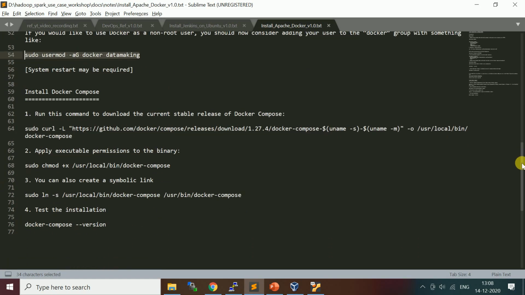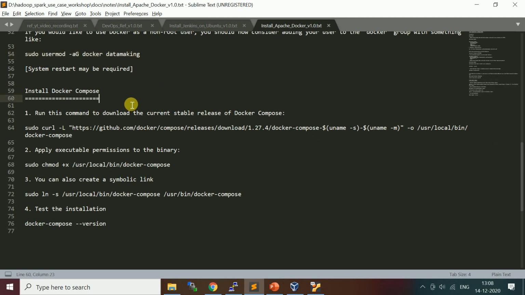So you also want to install Docker Compose. Docker Compose is a utility to manage multi-containerized applications. For example, I create a container for my Django application, which is a web application, and I create one container for backend MySQL, and I create another container for managing messages, say Kafka.